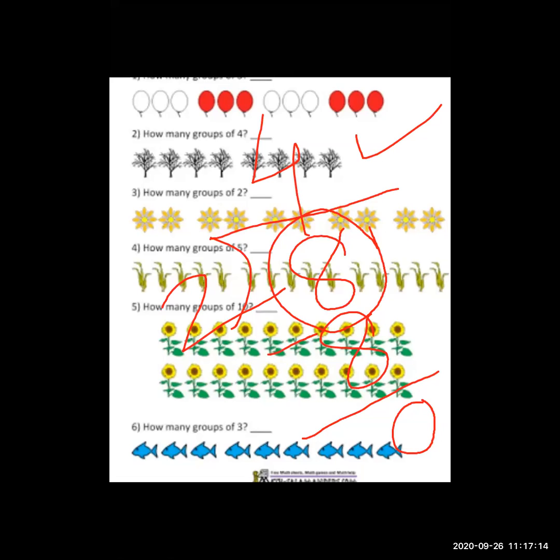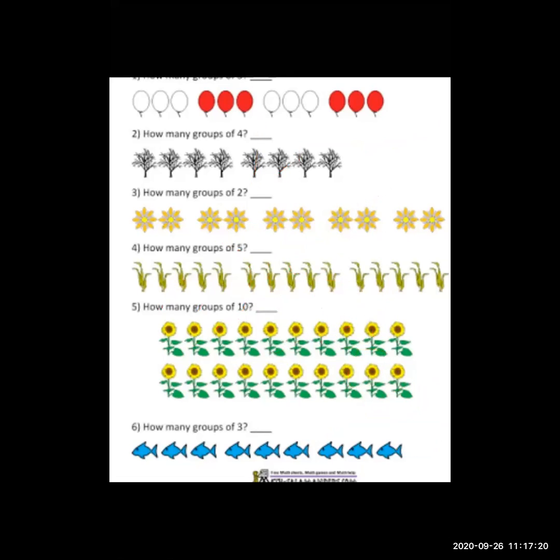Okay. Now again I am going to clear this drawing, this sum, and I am going to show you the third one. Now I am going to draw, but you want to tell where I want to write the number. Yes, count it. How many groups are there? I'm not telling you to count each flower. Groups. That is 5 groups are there.